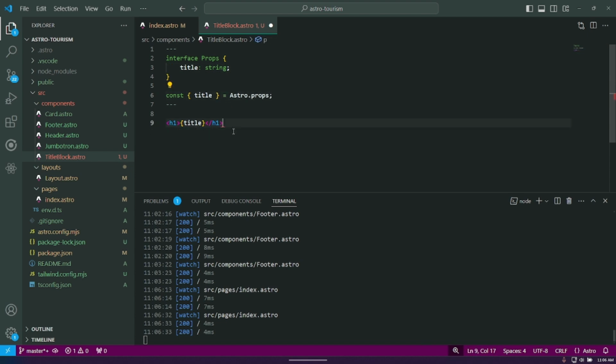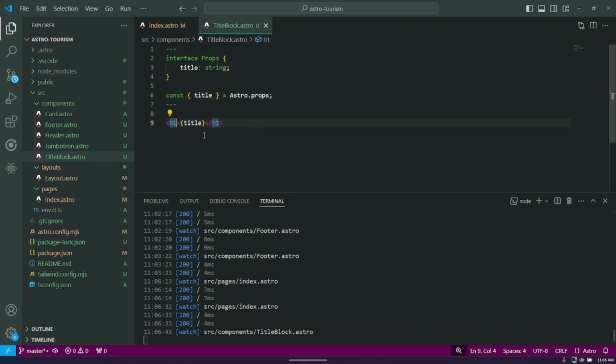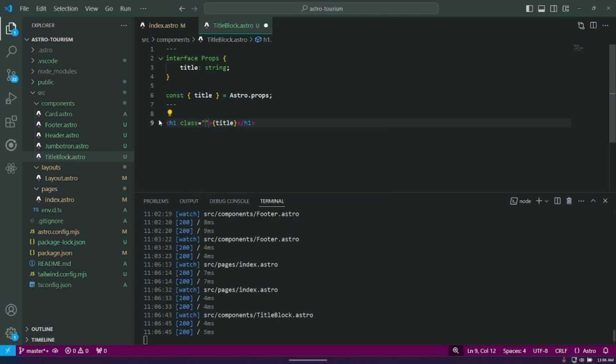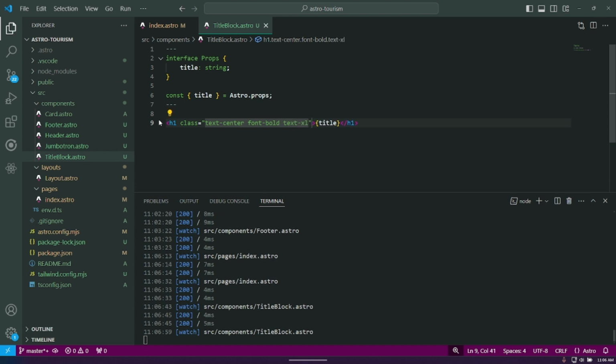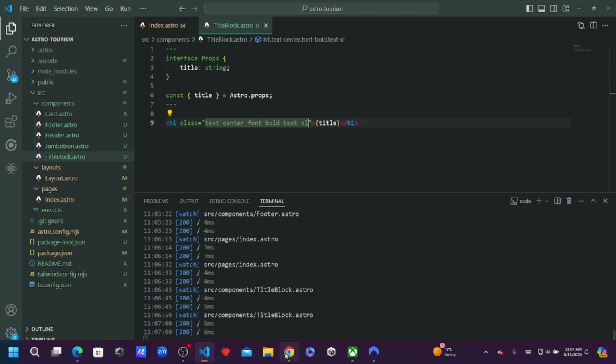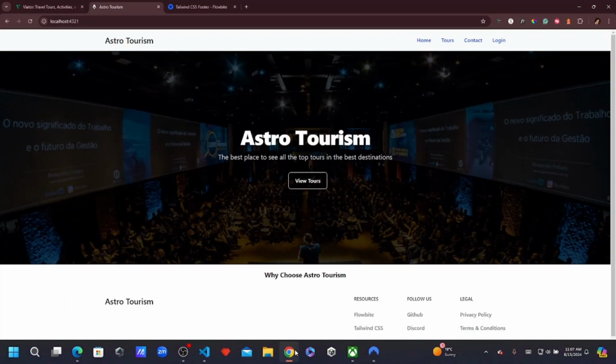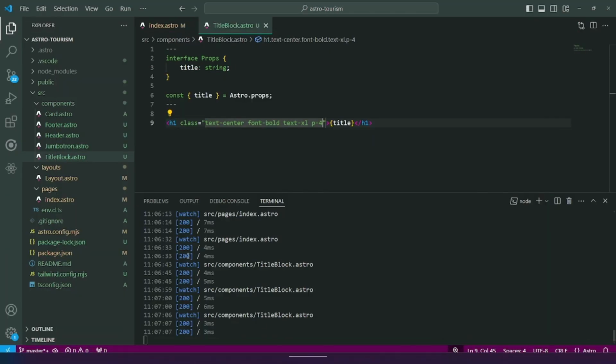And we're going to make this, I'm just going to add a few classes. So H1 class of text center, font bold, text extra large, and I want to have padding on all 4 sides. Excellent. And now I would like to add